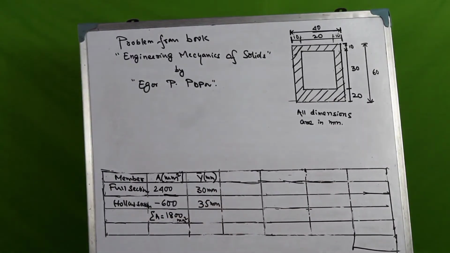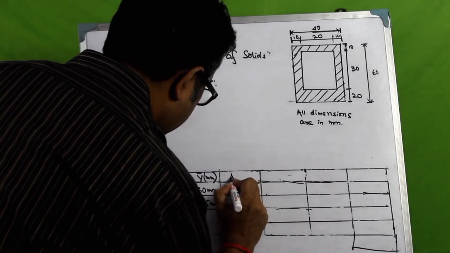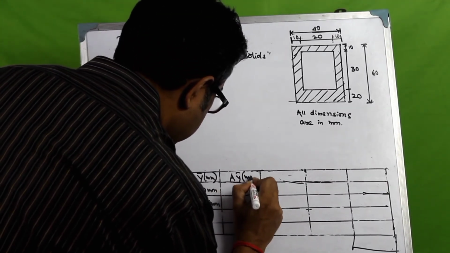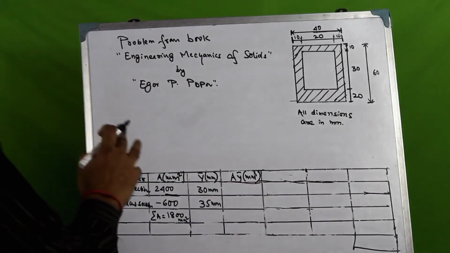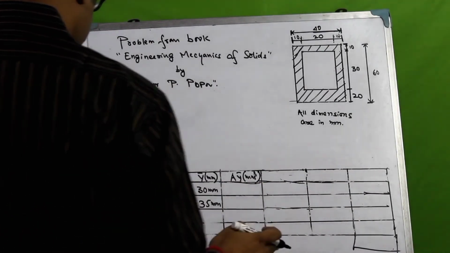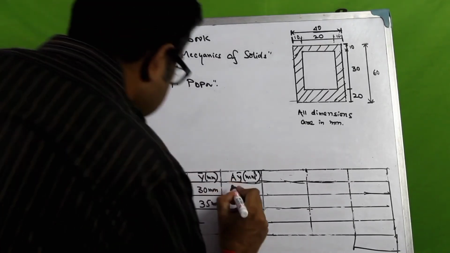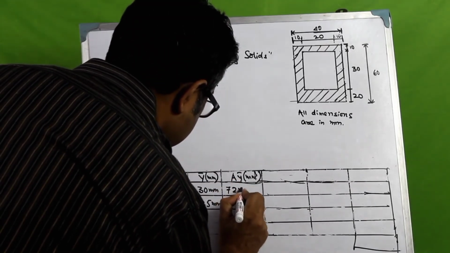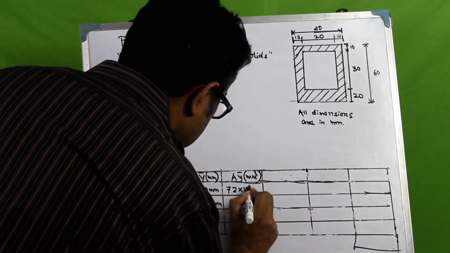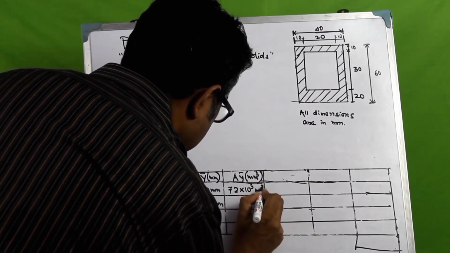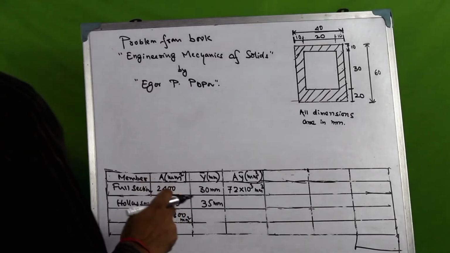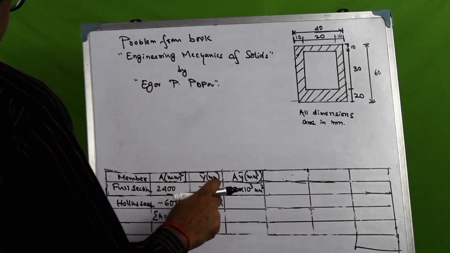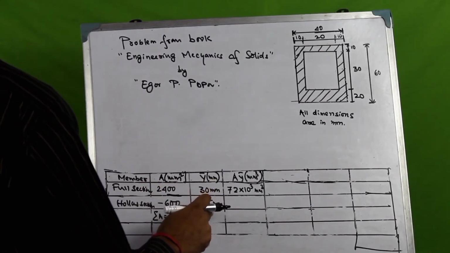The next thing that we want to do is A into y bar, which would be in millimeter cube this time. 2400 into 30, if you do, comes to 72 into 10 to the power 3 millimeter cube. And for this negative area, since this area is negative, multiplied by this would come to around